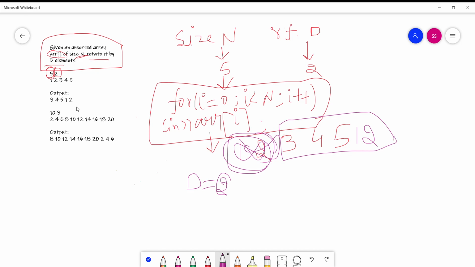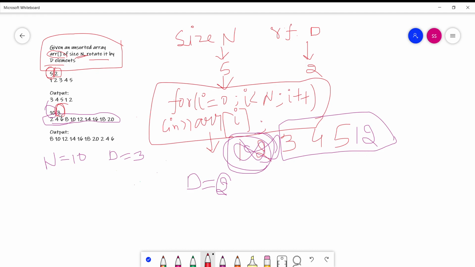The second test case, the value of n is given as 10. It means the size of the array is given as 10 and the rotating factor d is given as 3. And the elements are given as 2, 4, 6, 8, 10, 12, 14, 16, 18, 20. Take a look carefully. What we have to do, we have to remove the number of elements according to the value of d.